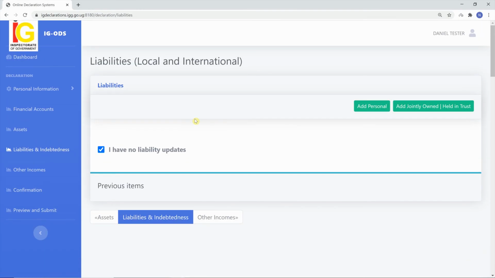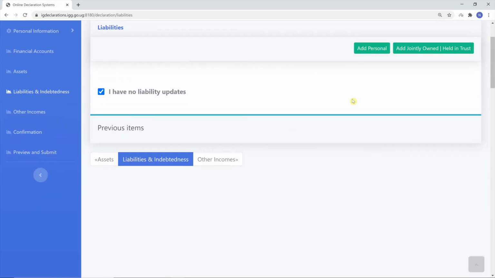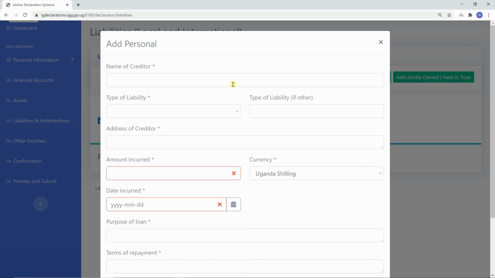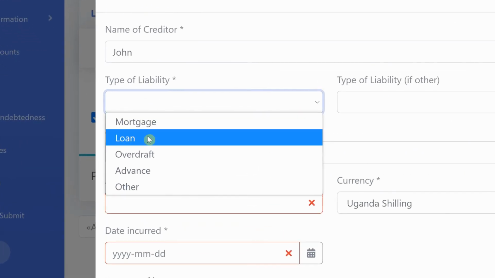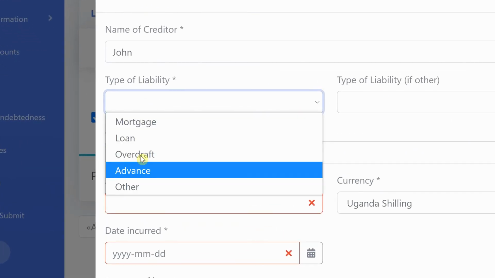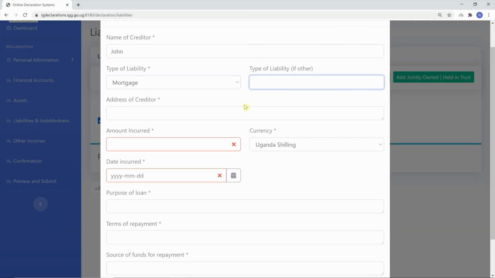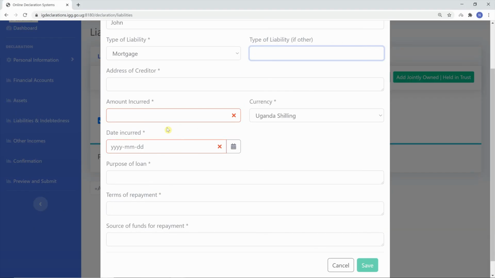Here you'll have to specify all the loans that you've taken that are running with banks, local and international. To quickly look at the form, you specify the name of the creditor, can be the name of a bank or the name of an individual, type of liability, is it a loan, mortgage, overdraft, advance, you choose. If you choose other, then you specify type of liability if other,